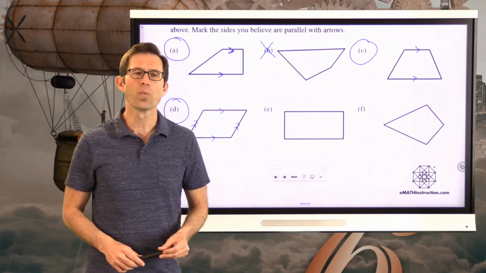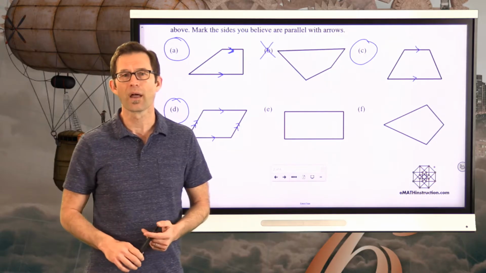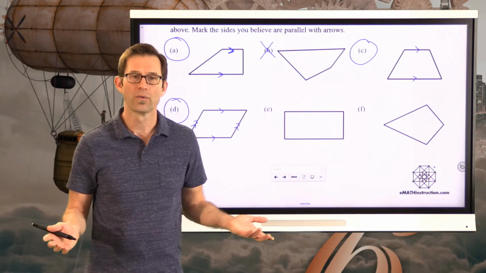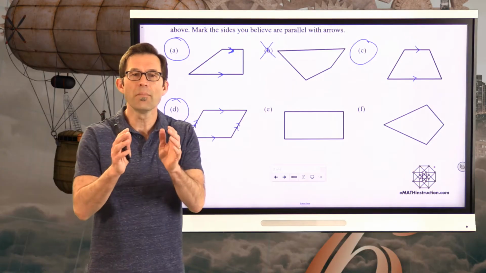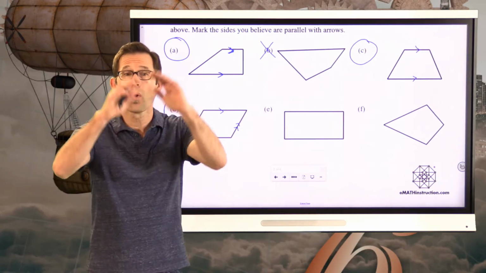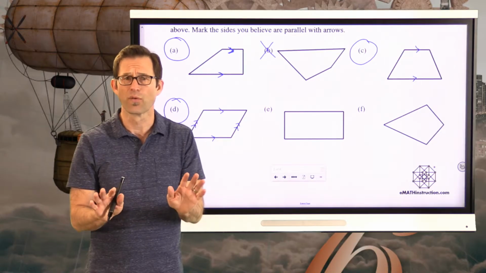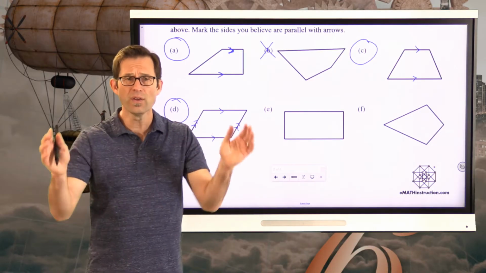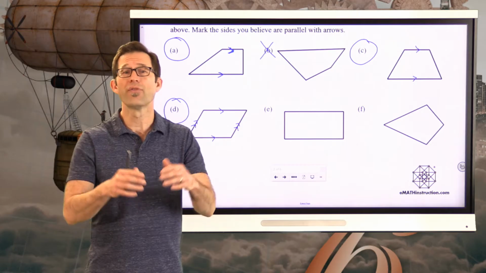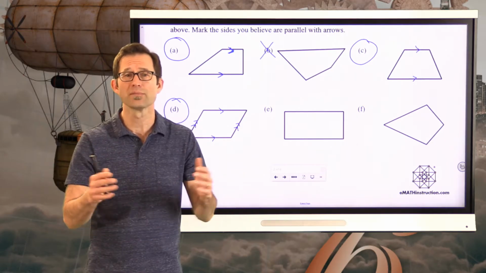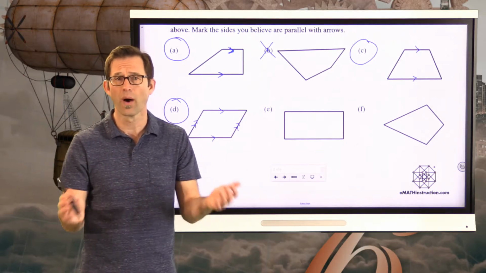Well, that would be as weird as saying that that animal is not a mammal because it's a dog. Right? So there's subcategories of figures. Quadrilateral is the biggest category, four-sided figures. Then you've got trapezoids, and underneath those you have things like parallelograms and rectangles and squares and rhombuses and all